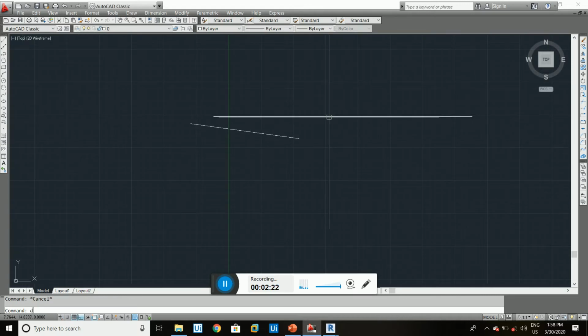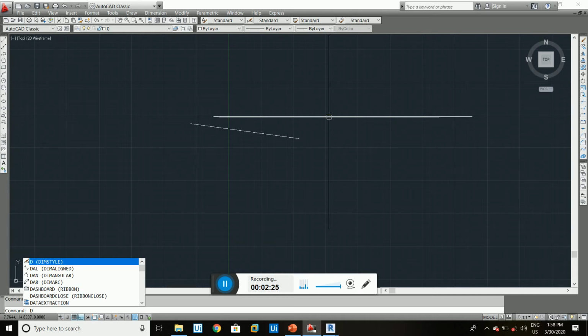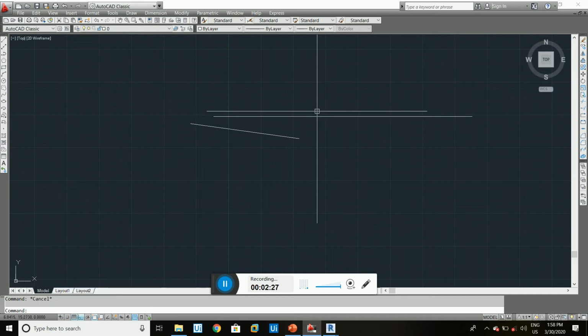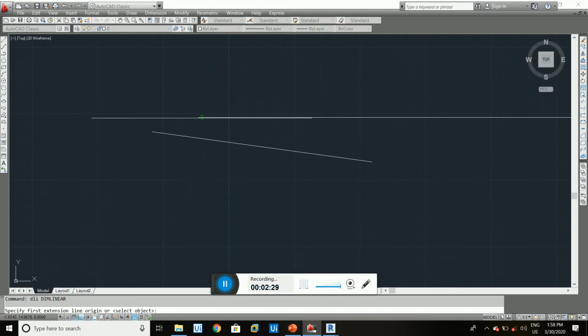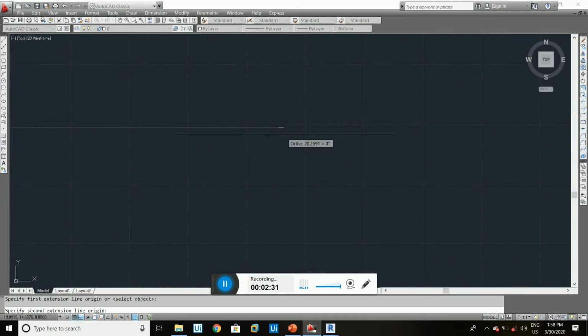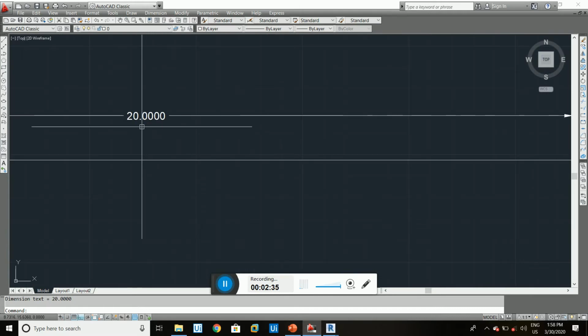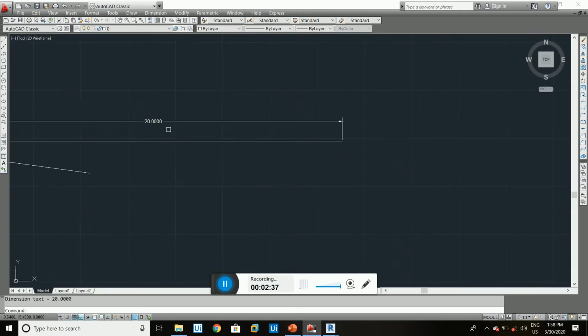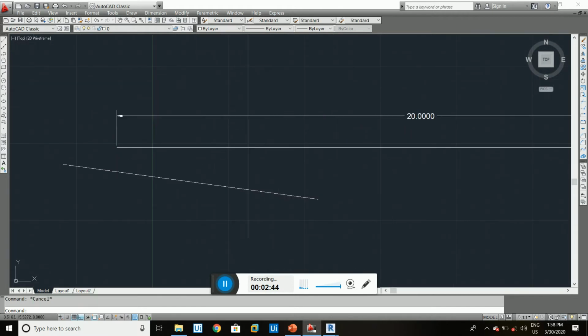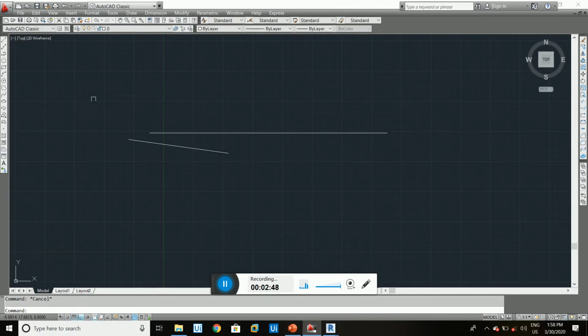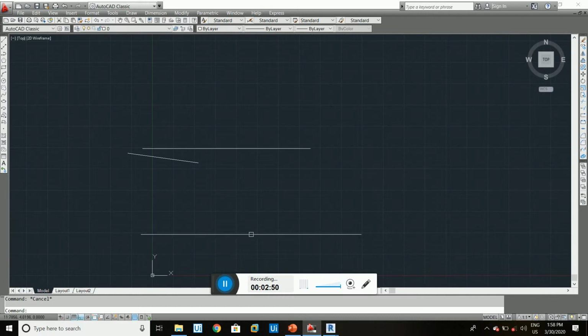If you want to check the dimension, the command is simple, DLI. Click the first point, click the second point, and drag it here. You will see this line is 20 meters. So this is the line command, a very simple command that beginners can use to create architecture or interior projects. My other command is